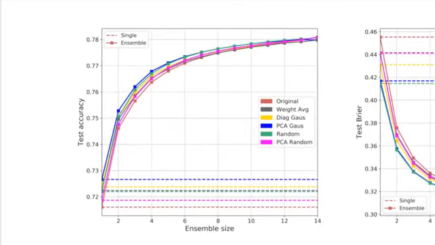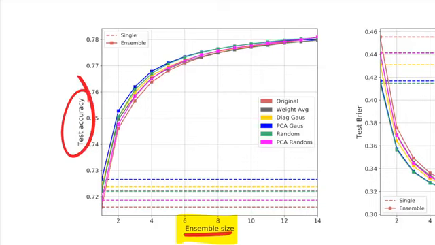that here on the x-axis you have the ensemble size. So how many ensemble members do you have? And the dashed lines here are the baseline accuracies if you just have a single model. And the test accuracy is plotted on the y-axis. Now I actually, that's not correct. You always build the ensemble out of random initializations, but on top of that you do these